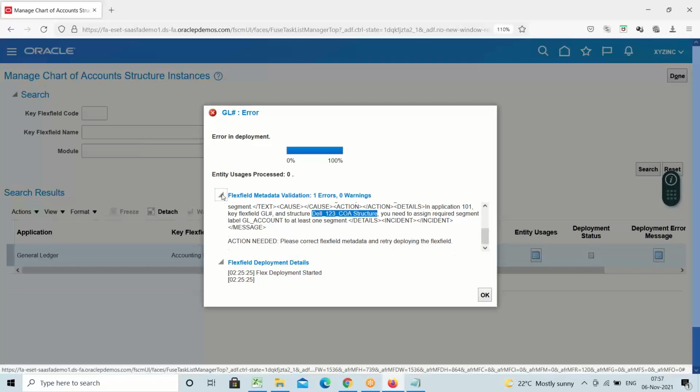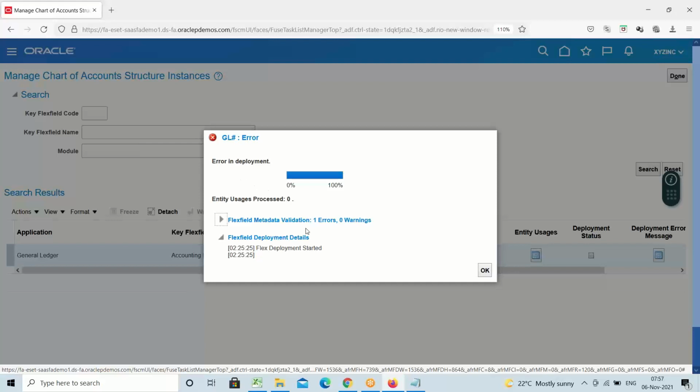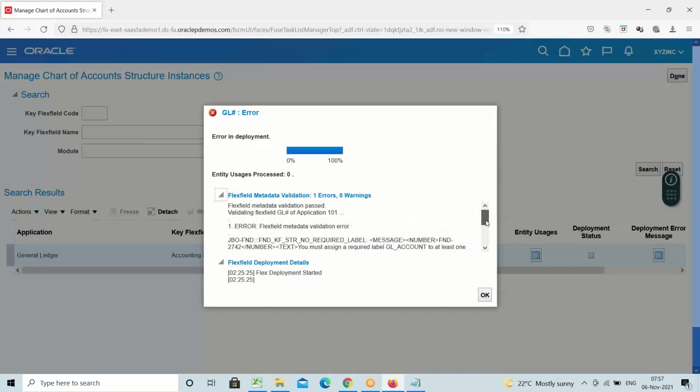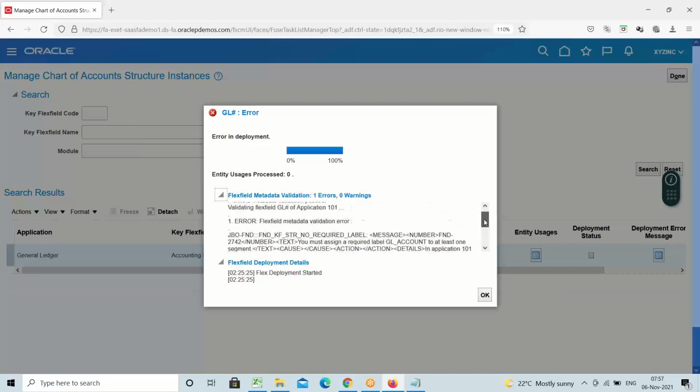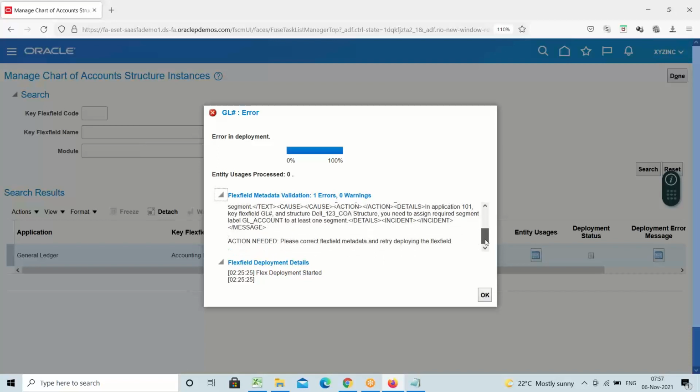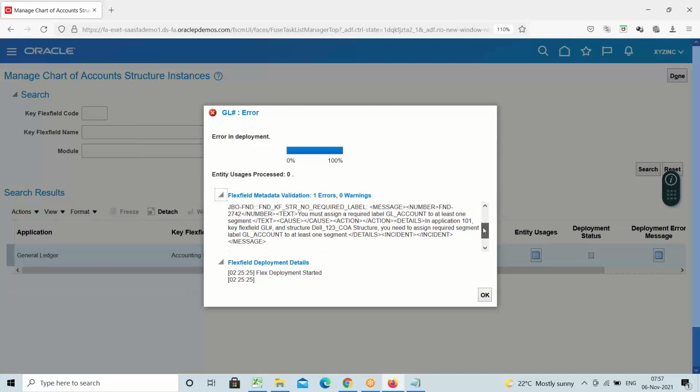Okay. So when you come across any error, expand this section. You just have to read it. Sometimes if there is an issue with two chart of account structures, or maybe 4 or 5 chart of account structures, you will have a big message section, a lot of content. With some patience, maybe by spending 2 to 3 minutes, you have to read it at least one time so that you can go and fix. Now what I can do is,